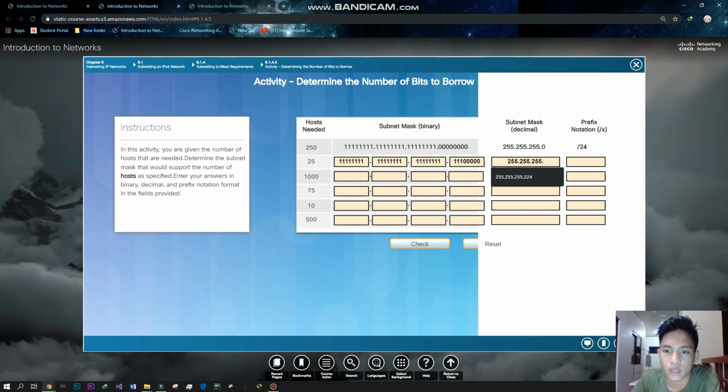We will have to compute this: 1, 2, 4, 8, 16, 32, 64 and 128. So 32 plus 64 plus 128 equals 224. So 224. And for the prefix notation, we have the slash and then